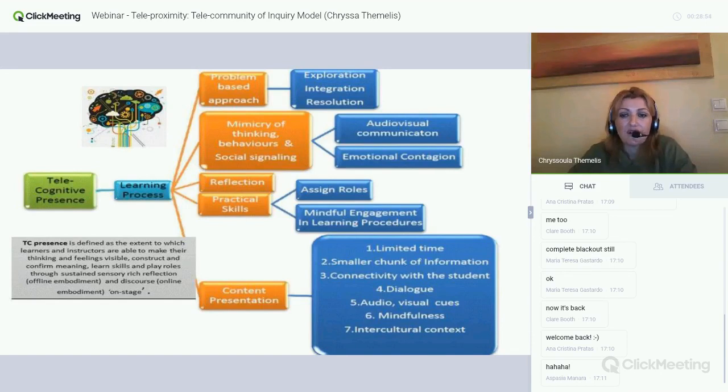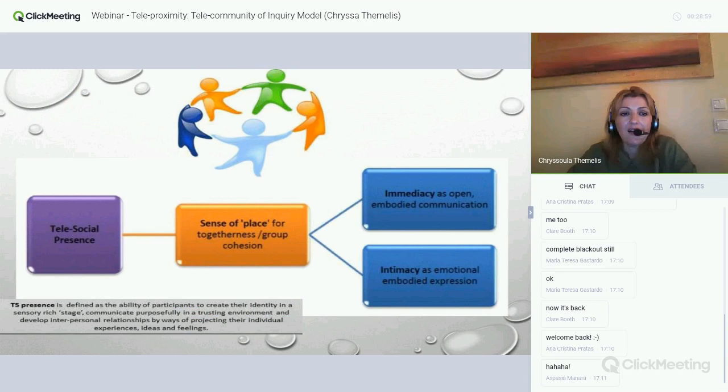Social presence, telesocial presence, give this sense of place to the group. So it's defined as the ability of participants to create their identity in a sensory rich state, communicate purposefully in a trusting environment, and develop interpersonal relationships by way of projecting their individual experiences, ideas, and feelings.